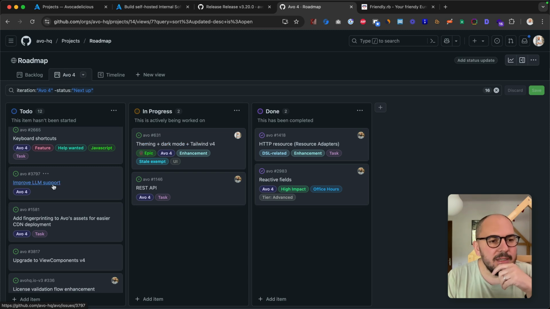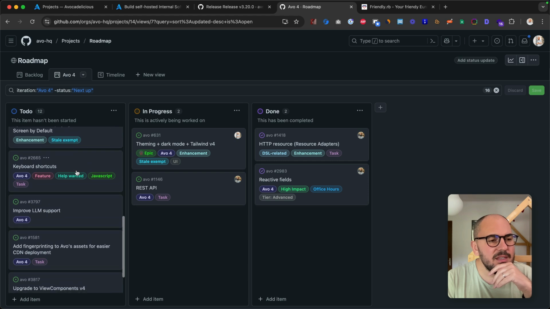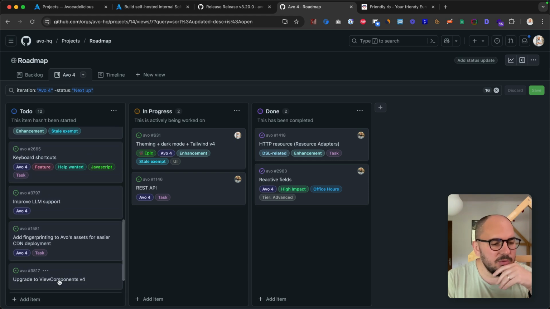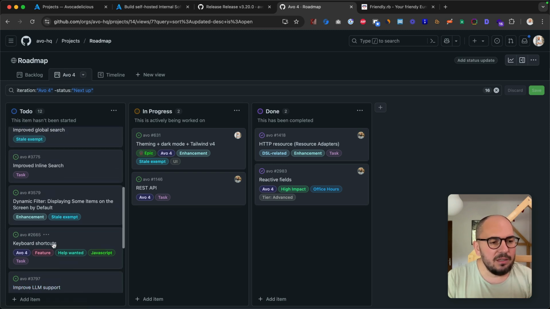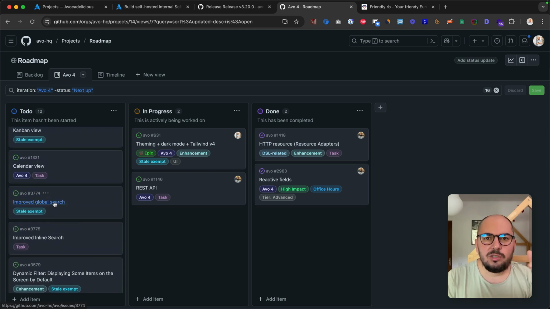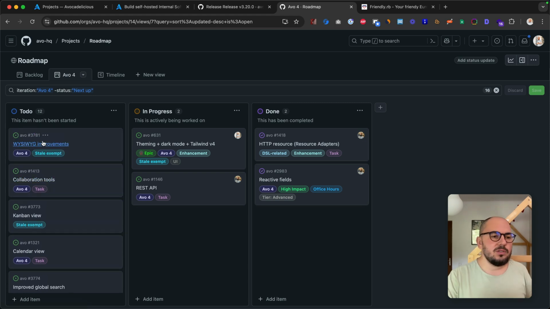And then in the to-do column, we have a lot of things, starting from upgrading to Vue Components 4 to improving LLM support. We'll talk a little bit about that. Keyboard shortcuts, improving search, global and inline search, calendar and Kanban views, collaboration tools, and what you see is what you get improvements. So probably we're going to try to elevate Rhino to the next level, to add the tools that I don't want to say it's missing, but it's missing out of the box. But it's really cool that we have that tool,